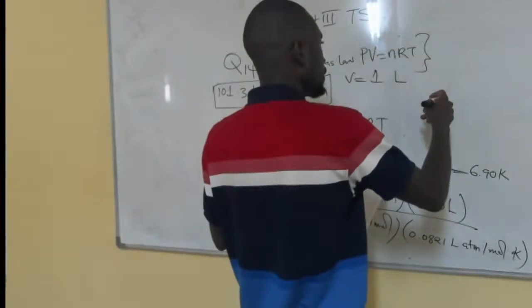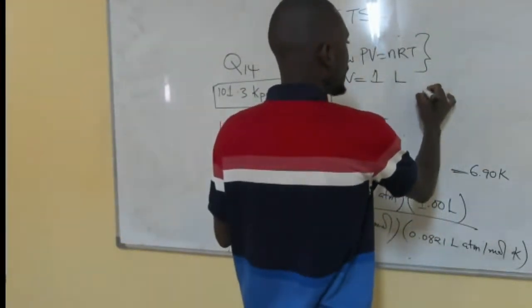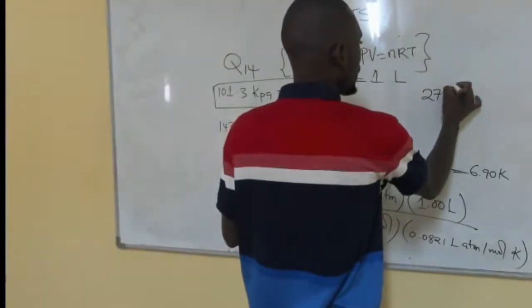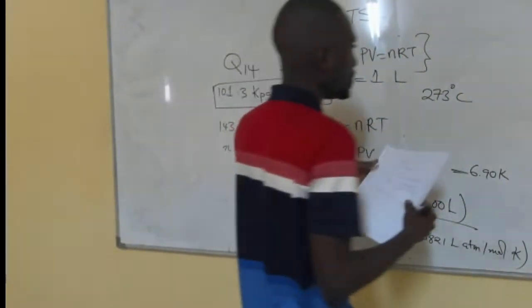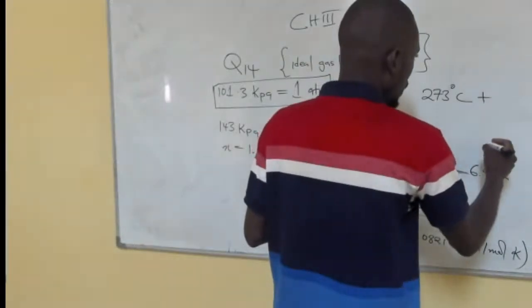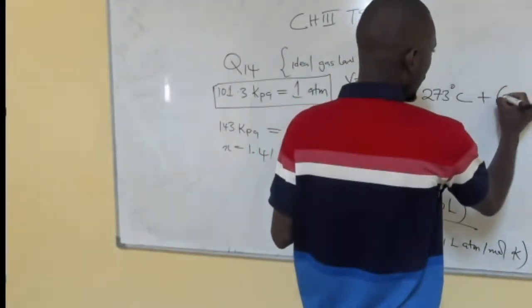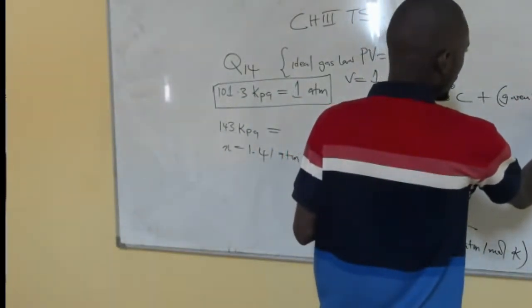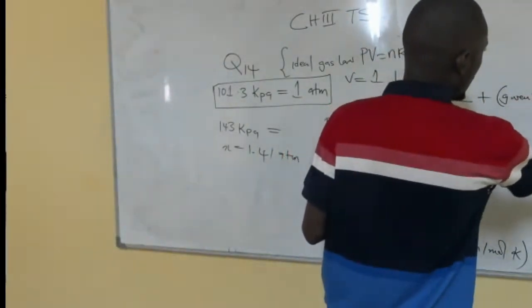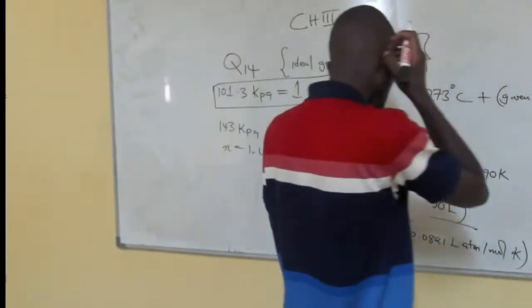as you all know, for us to find Celsius we add the 273 degrees, plus what we have been given. So I can just say given temperature, Kelvin. So in this case, what you are going to do,